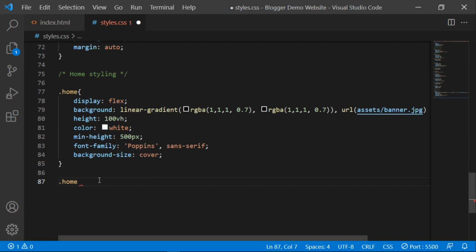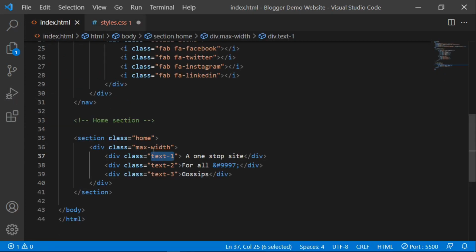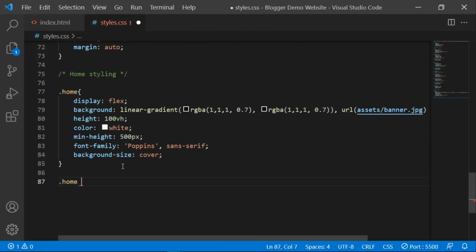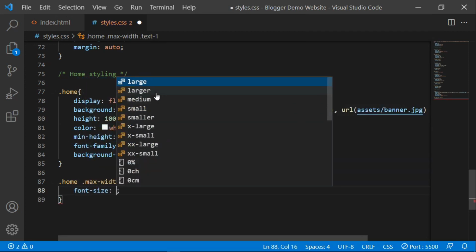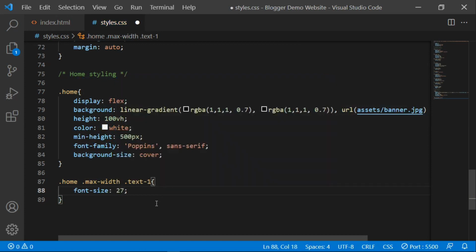And so I'm going to say dot home, and then max width, but now targeting text one, dot text one, and then open and close the curly bracket, and then I'm going to give it a font size. Let me give it 27 pixel,